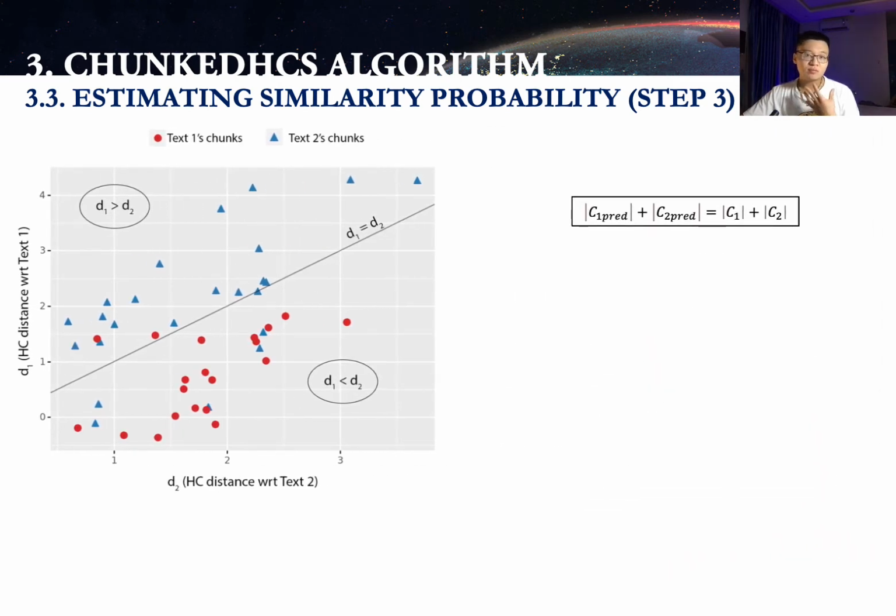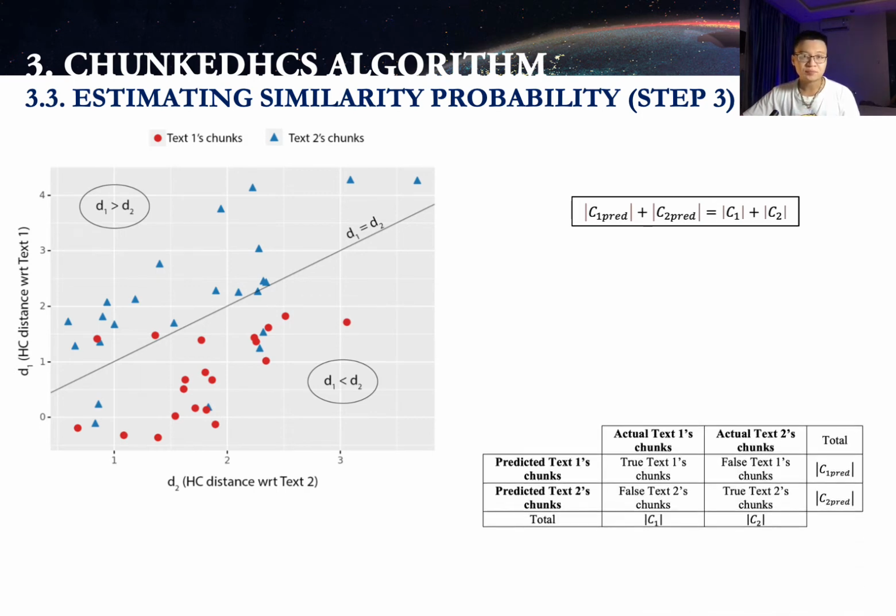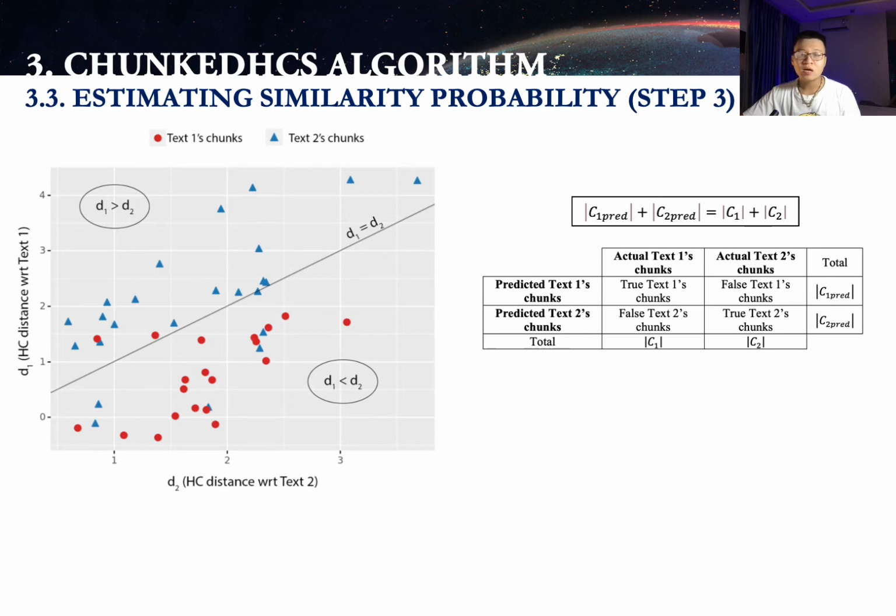After doing this classification, separating, you can see here the diagonal line is where D1 equals D2. Above this diagonal line D1 is larger than D2; those are grouped into C2 predicted, and those below are C1 predicted. And we can have the confusion matrix among the actual classes and predicted classes. We can derive from here the accuracy and F1